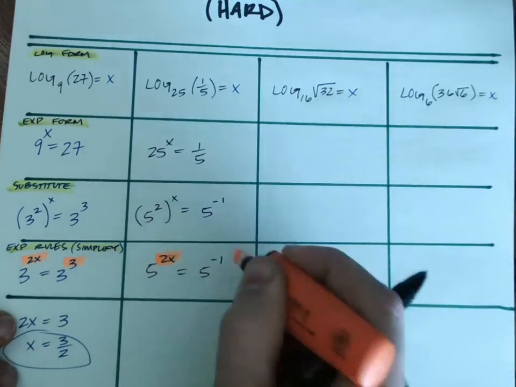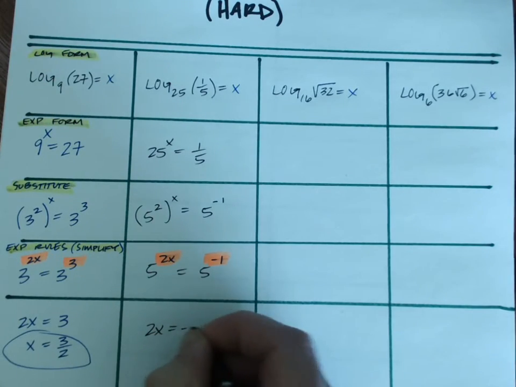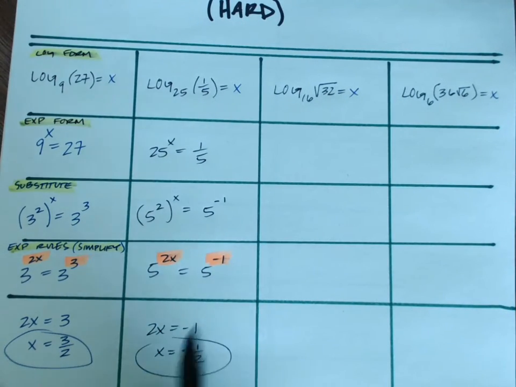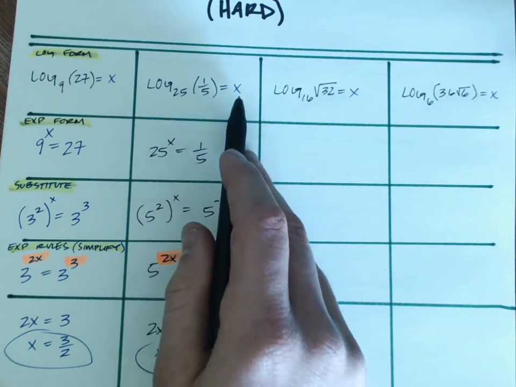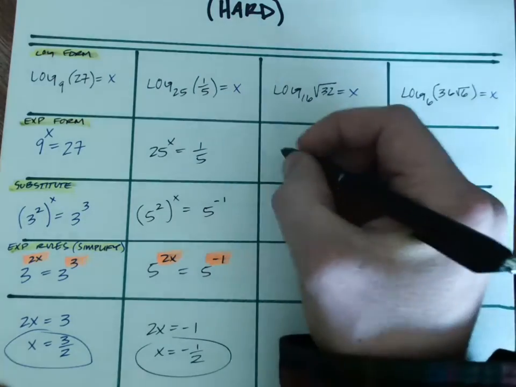And like before, we're going to compare: 2x equals negative 1. X is negative half. So that's the value of this logarithm. That's what x was representing as the answer to this. Next,